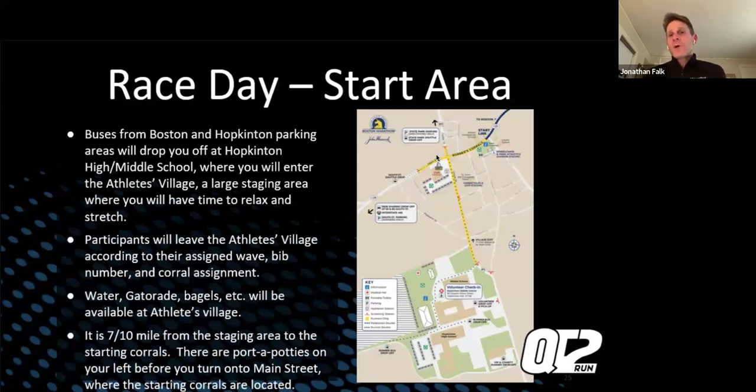So as I mentioned, they drop you off at Hopkins High School or middle school, same complex. There's a large staging area with tents. If it's a sunny day, find shade. If it's a rainy day, find cover. And if it's a rainy day, everyone and their uncle will be in the tents that they set up for